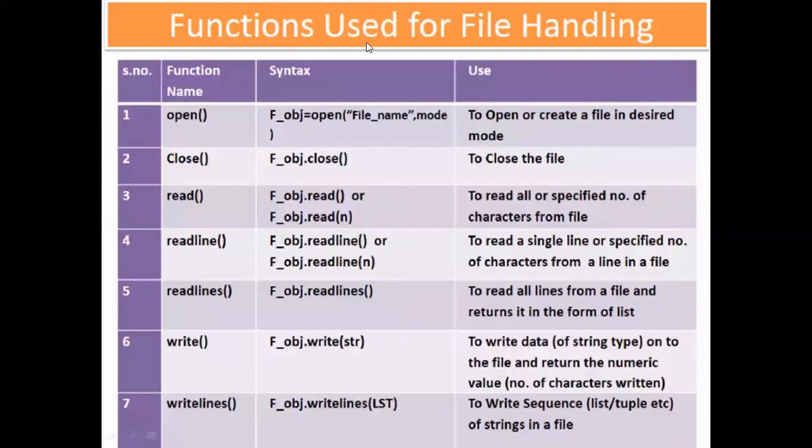So there are different functions which we will use in our file handling. The first function, you are aware about that, is the open function. Open function is to open or create a file in the desired mode. If you want to open or create your file, create means the file is not there, open means the file is already there. So this is the open function. Then close function: the reference which you have created with your disk file with the help of the file object needs to be closed so that your file could be used for other applications. So we need to close it. So close function is used.